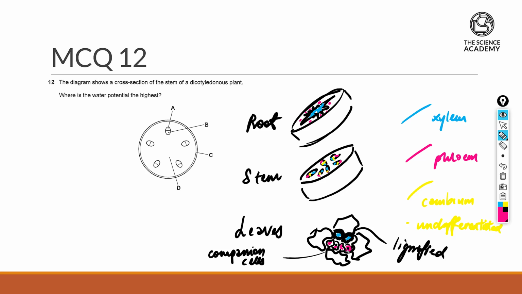So in the case here, we're looking for the kind of cells that has the highest water potential in the stem of the dicotyledonous plant. We're definitely looking at the location of xylem. So the answer here will be